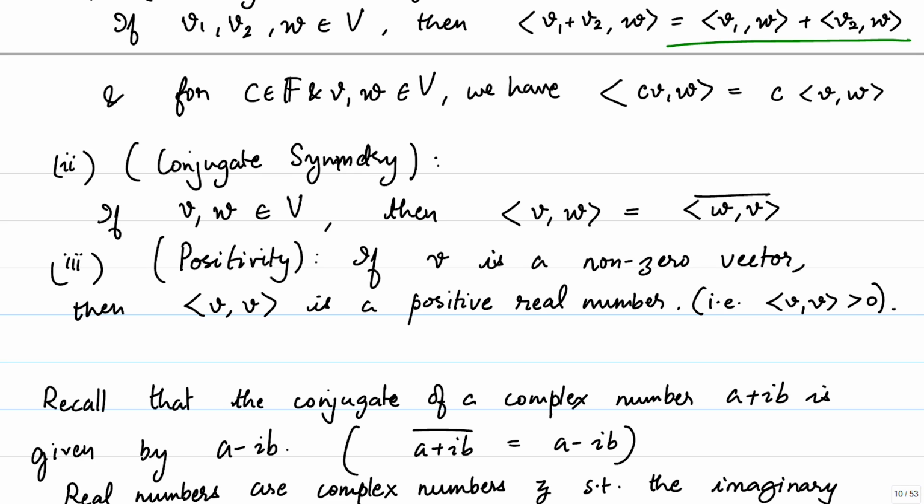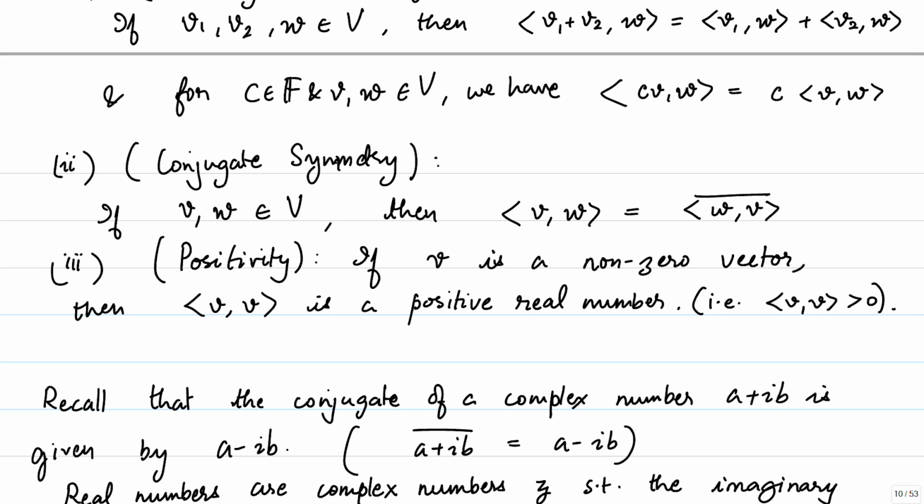So, if F is R, those are two real numbers getting added, and if F is C, those are two complex numbers that are getting added. And the left hand side, however, is the inner product of just two vectors. One of them, however, is obtained using the addition operation in the vector space. Similarly, the case when you look at c times v for some scalar c in F. Right. So, the first statement is quite straightforward for either real vector spaces or complex vector spaces.